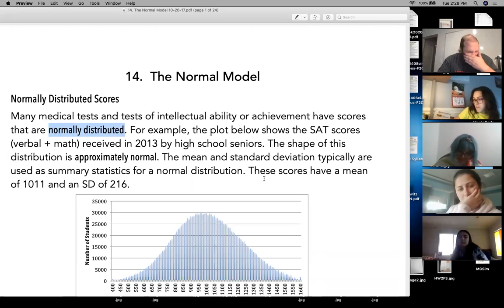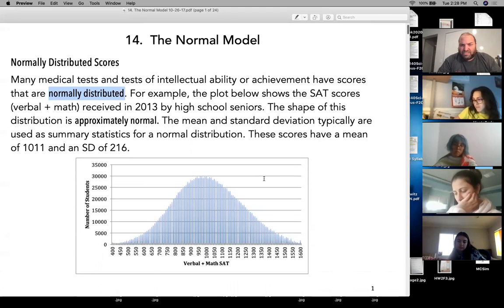For example, the plot below shows the SAT scores, verbal plus math, received in 2013 by high school seniors. The shape of this distribution is approximately normal. It's not exactly normal. There's bumps and whatnot, and it's a little skewed to the right, right? You can see on the right, it's a little bit of a tail on the right versus the left, but